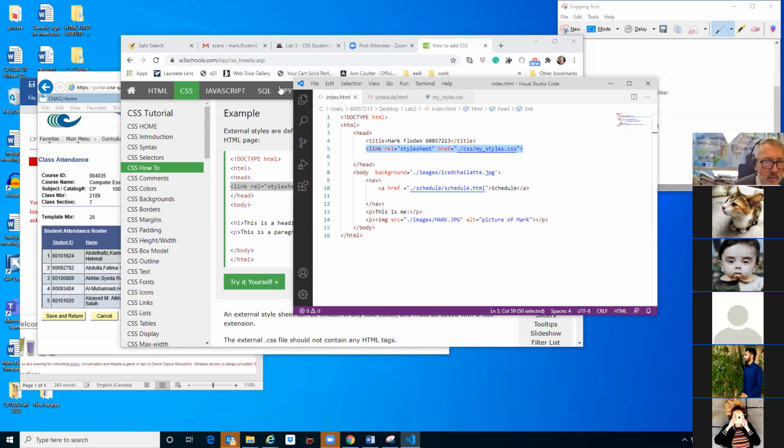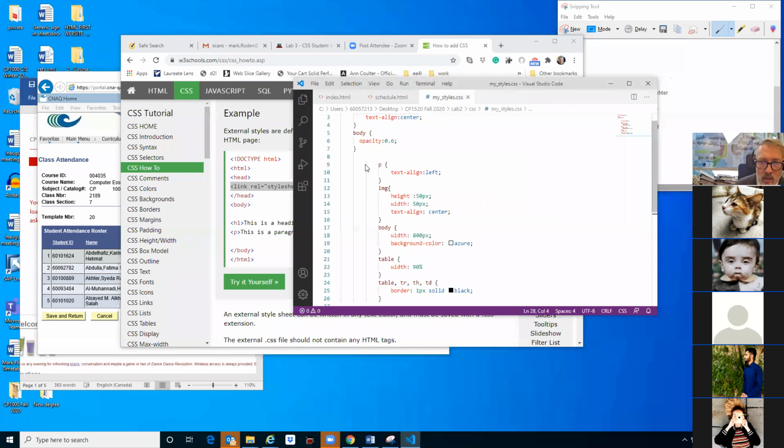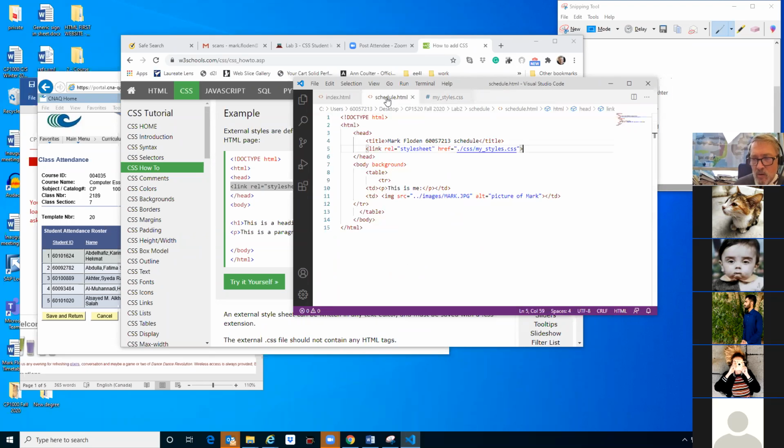So what does opacity 0.6 mean? Opacity comes from the word opaque. Opaque means that you can't see through it, as it's the opposite of transparent. We did this in this website which we looked at last time, or at least there's a video on that, Lab 2. The opacity is how much light